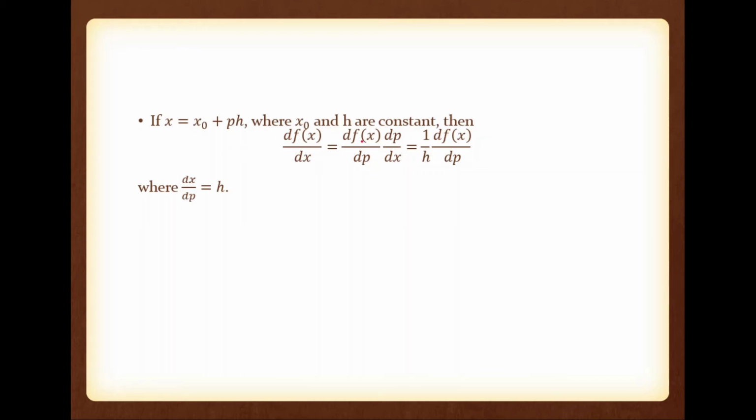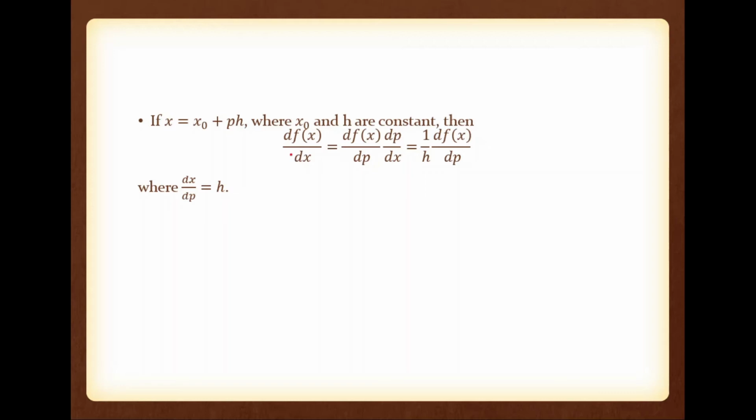Then we can find df of x by dx, which is equal to df of x by dp into dp by dx. Please note the differentiation df of x, we are not writing it as d phi of x by dx, where phi of x is an interpolated function. It's understood. We are actually not differentiating f of x, we are actually differentiating the interpolated function phi of x. Okay, but we can interchange these two without any inconvenience.